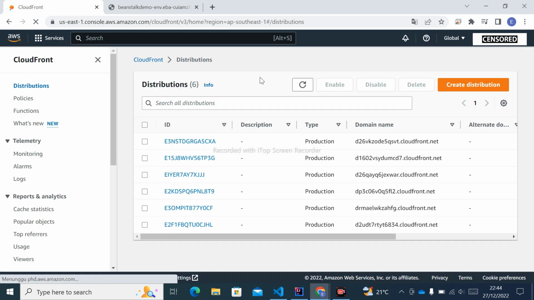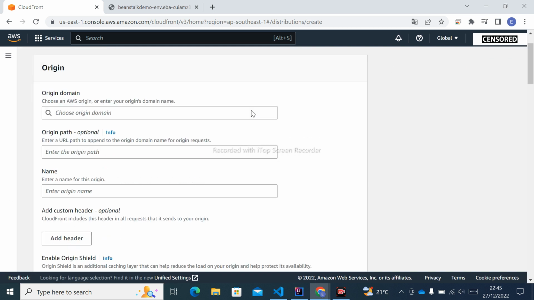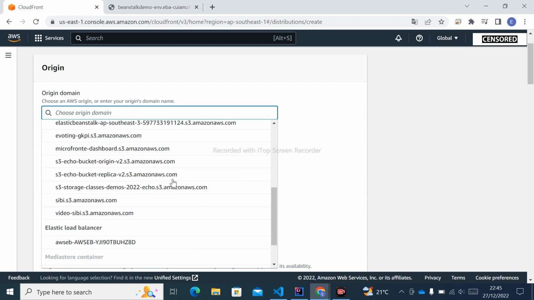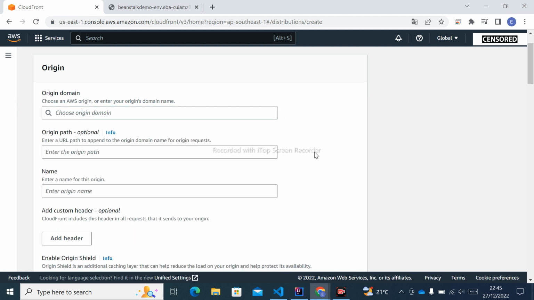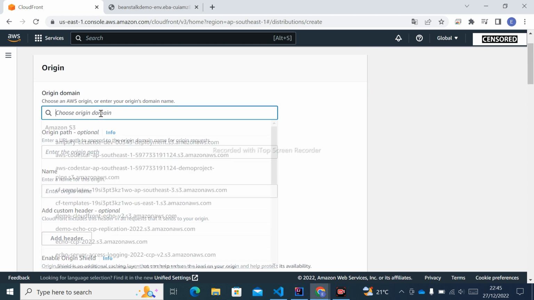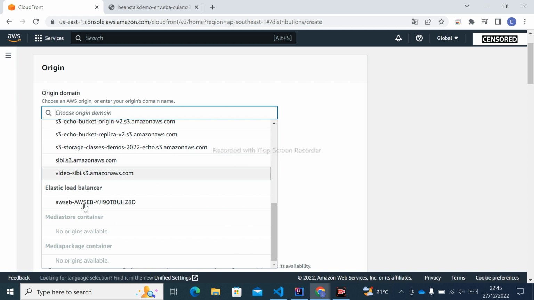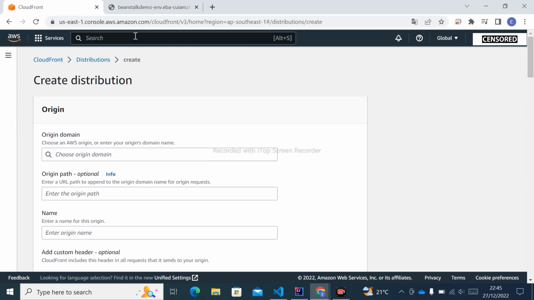Click CloudFront, and then I have some distributions here. We will click on create distribution. We choose from the Elastic Load Balancer. Here I have one, AWS and then Z8D. You can check the load balancer ID of the Beanstalk on the